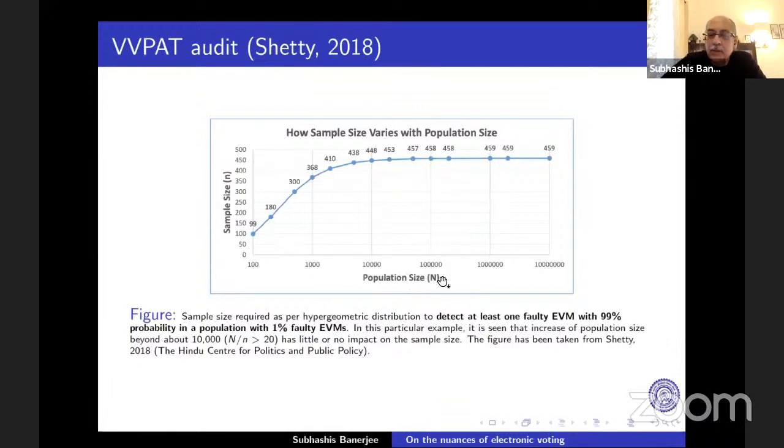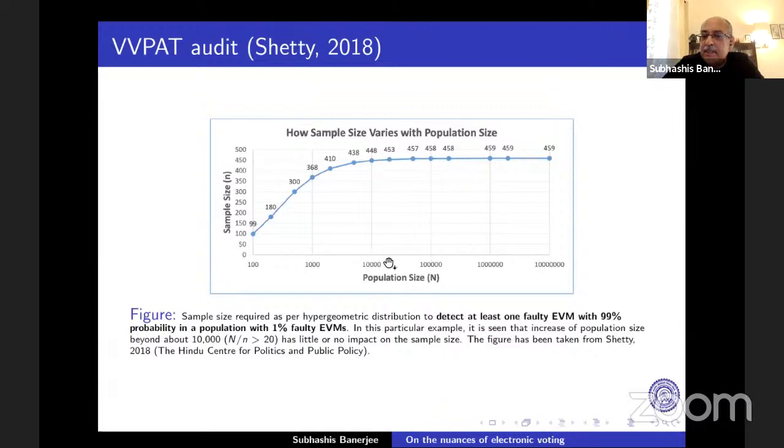Okay. So if you take the entire country as a single population, India deploys about 10 lakh EVMs all over the country for 543 constituencies, a little more than 10 lakh EVMs. You only need to sample 459 EVMs, right? If 1% of EVMs are faulty, and to detect at least one with a probability of 99%, you only need to sample 459 EVMs. But if you take a parliamentary constituency